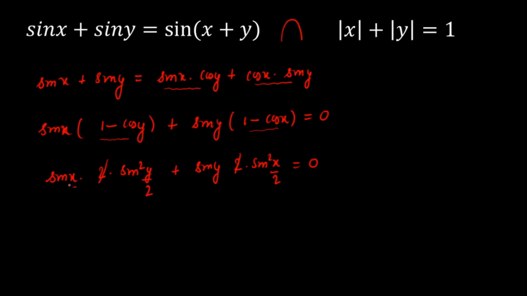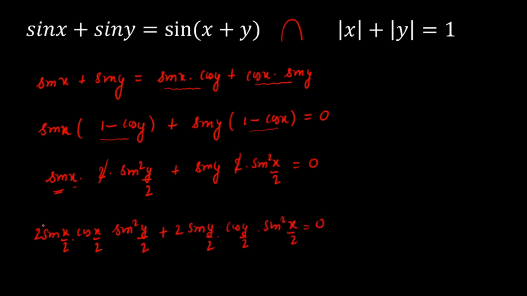So the next thing I can do here is I can convert everything into half angle using the sin 2 theta formula. So I'll write this sin 2 theta as 2 sin theta by 2 cos theta by 2 multiplied by sin square y by 2 as it is, plus now I'll write sin y as 2 sin y by 2 multiplied by cos y by 2 multiplied by sin square x by 2 is equal to 0. Now as you can see, first of all 2 and 2 will cancel out. Now the maximum thing I can take common from here is sin of x by 2 and sin of y by 2 from these two terms. So let's take sin of x by 2 and sin of y by 2 common.